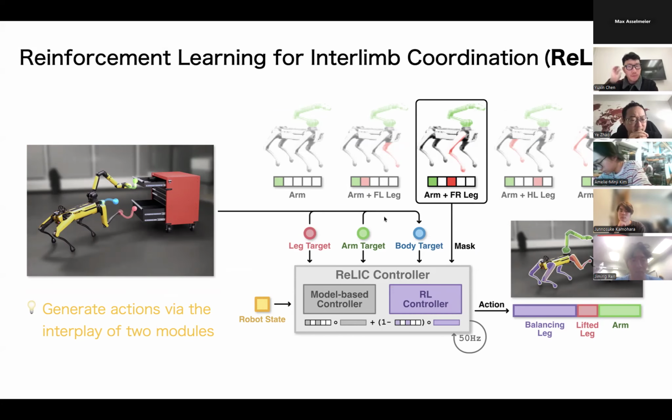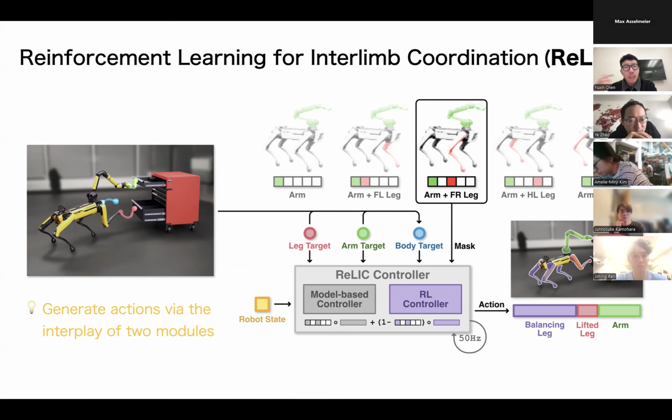Yeah. So basically, the RL controller can take either 3 legs or 4 legs, and the objective is just to follow the desired body target. So we specify this blue trajectory with desired body targets. And the RL policy just tries to move the robot body to track this body target, and it can track with either 3 legs or 4 legs.